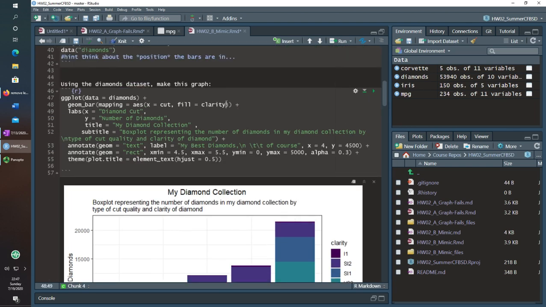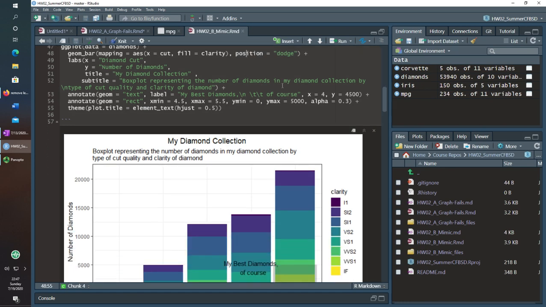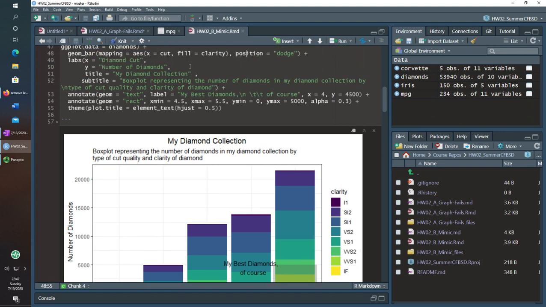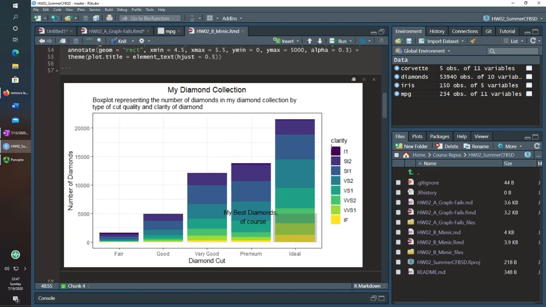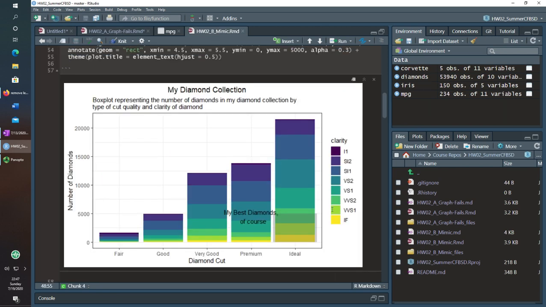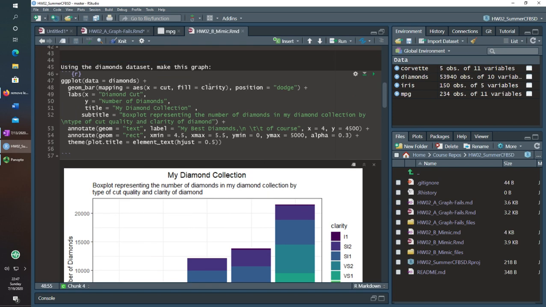But I like that you can make the position equal to dodge to show one side by side under the same categorical value. You also might be asking why these colors are the fill is equal to clarity, and why they don't just form a color, like it's actually a gradient. If you notice, it's not red, orange, yellow, blue like how it was when I mentioned that the default for coloring is this typically. The reason for that is actually because if you were to look at the fill and clarity,